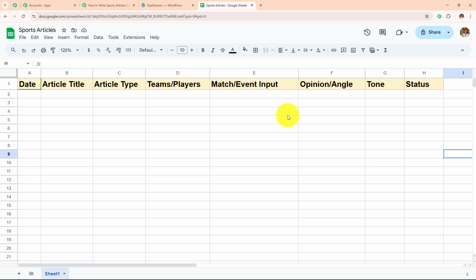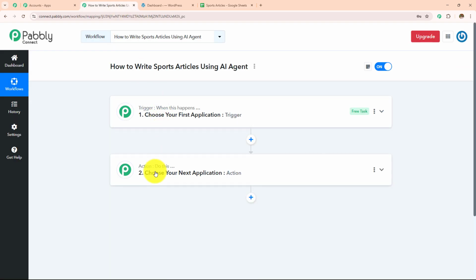So when I add all the fields in my Google Sheets spreadsheet, action says do this. Create an article or the post, and then create a post on WordPress. So here in my trigger application, I will be taking Google Sheets, and then in my action application, I will be taking OpenAI, which is my AI agent, and then WordPress, on which I want to create this article or the